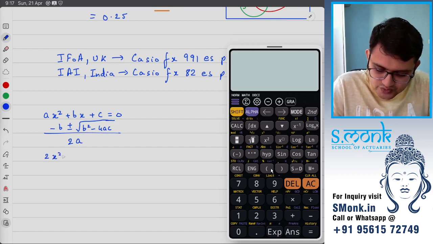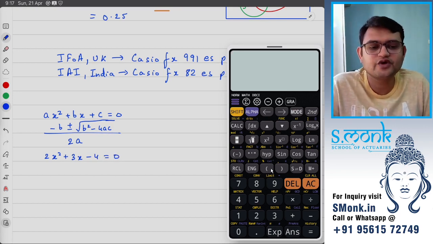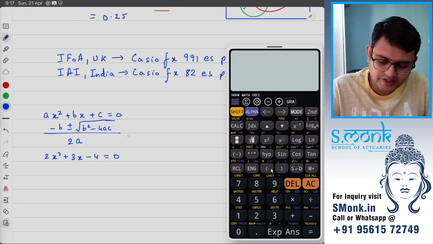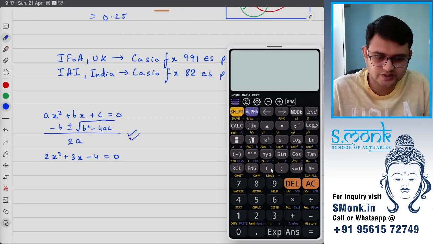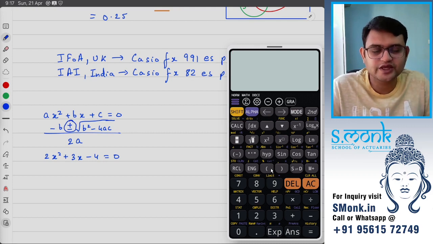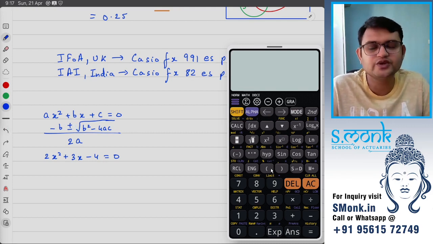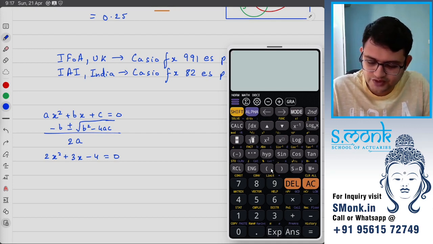I'll say 2x square plus 3x minus 4. I've just taken a random example. If I want to find roots of this, I can use this. Now I cannot do plus and minus together. Okay, I cannot do both plus and minus together. So what I'll be doing is one by one. First I'll use the minus. So I want to first create the